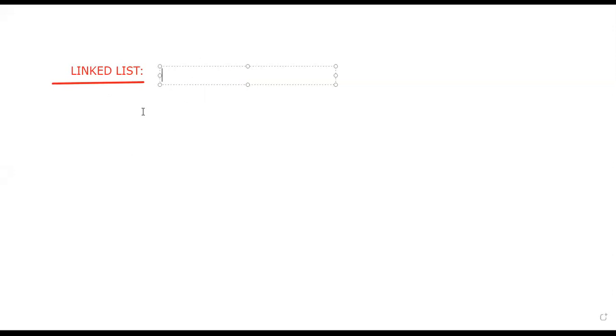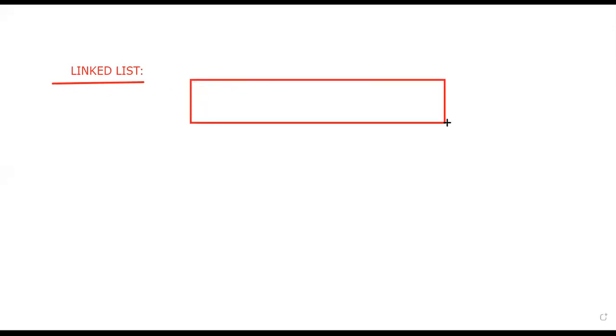So the linked list structure is like this. For example, if it is an array, the structure of an array looks like some memory locations, right? You already know about arrays.